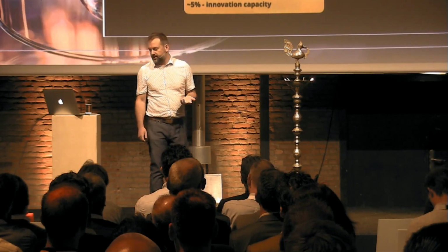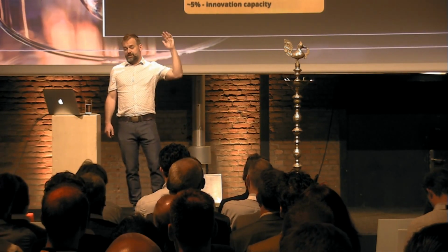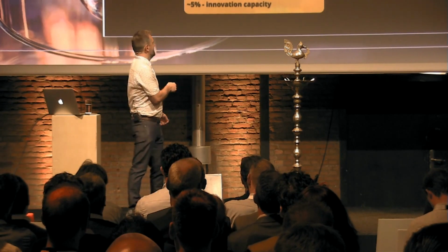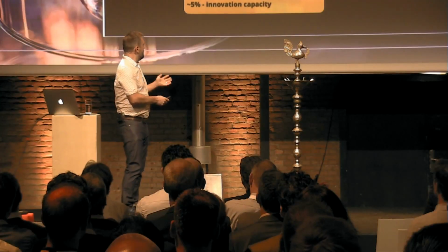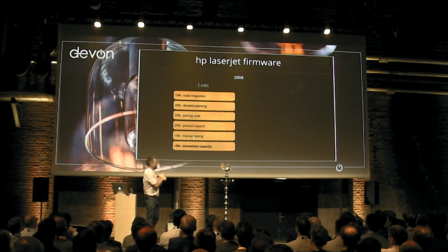Yeah, it's a quality problem, right? 15% of their budget was spent on manual testing. If you subtract that from 100%, what you're left with is 5% of your budget to actually spend on building features. Or as I would be doing, sitting down, drinking vodka a lot. But it becomes very clear the reason why we're going so slowly